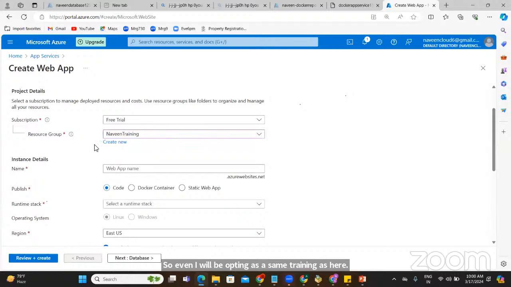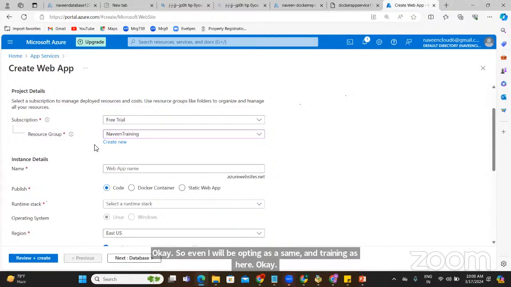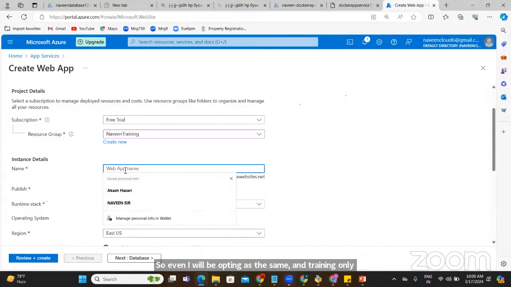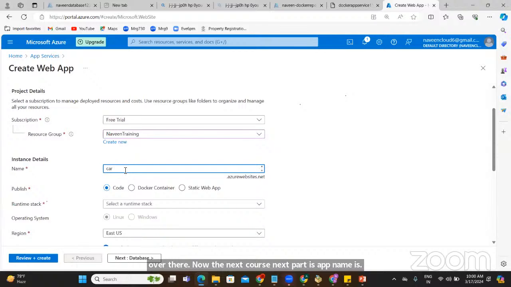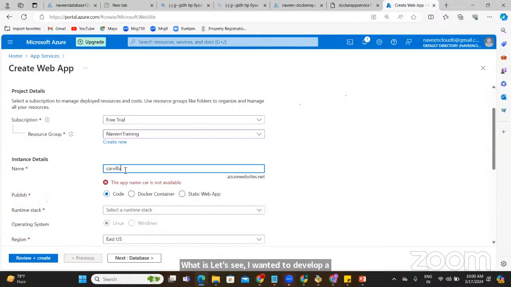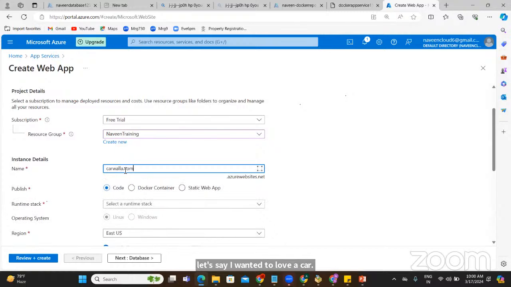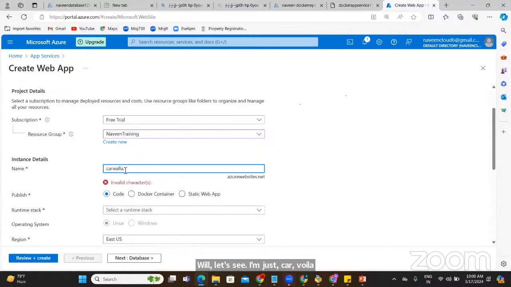Now the next part is the app name, guys. What is the app name? Let's say I want to develop a website, like carvala.com, something that is there in the market, right? Whatever website you want to develop, this is the name of the website, guys.